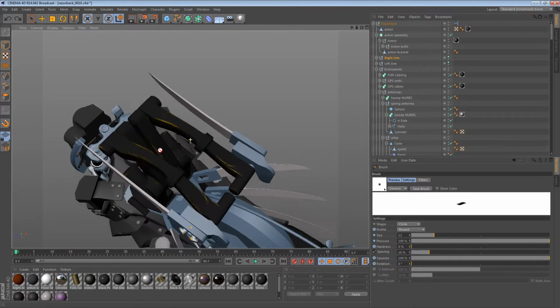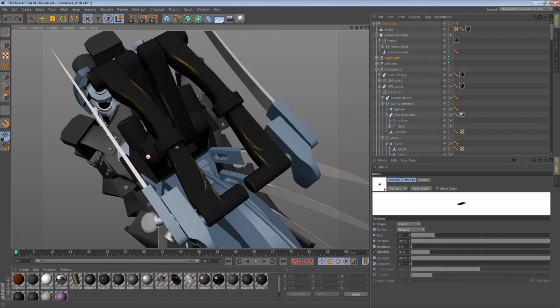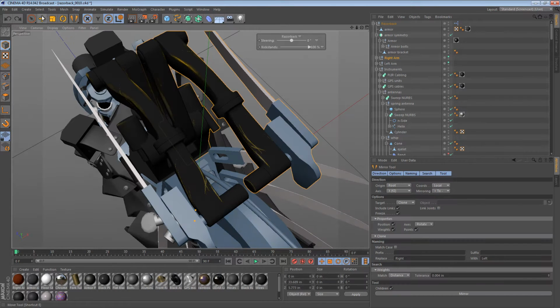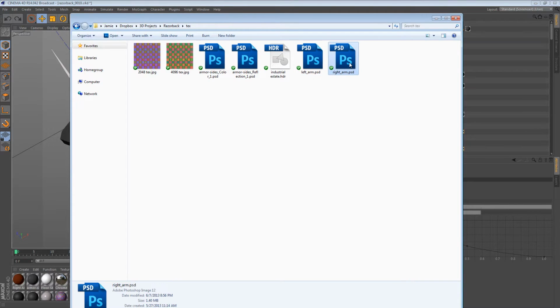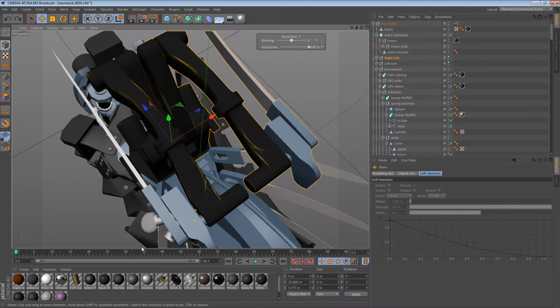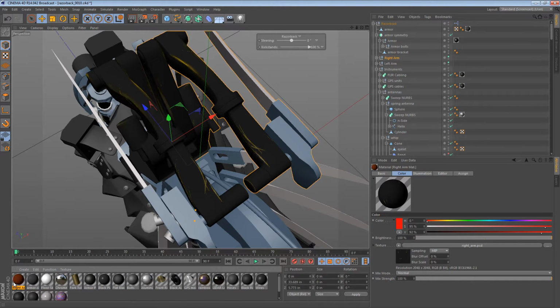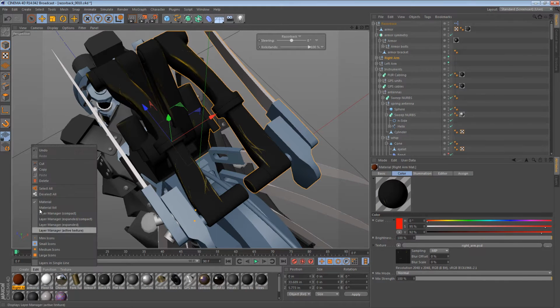So what we can do is actually start off by finding the texture file. You should know where your texture file is. Mine is right here, and just copy it. So I've taken right underscore arm, I've copied it to left underscore arm. Then we can choose our right arm material, copy, paste,